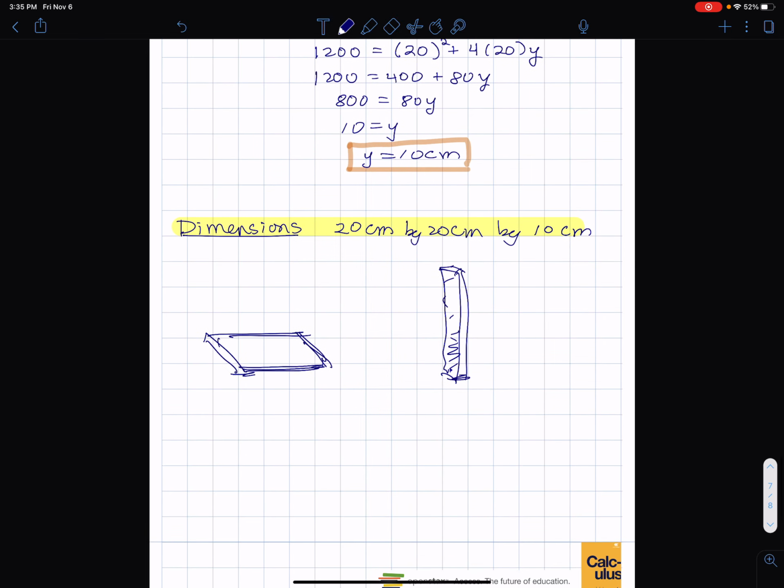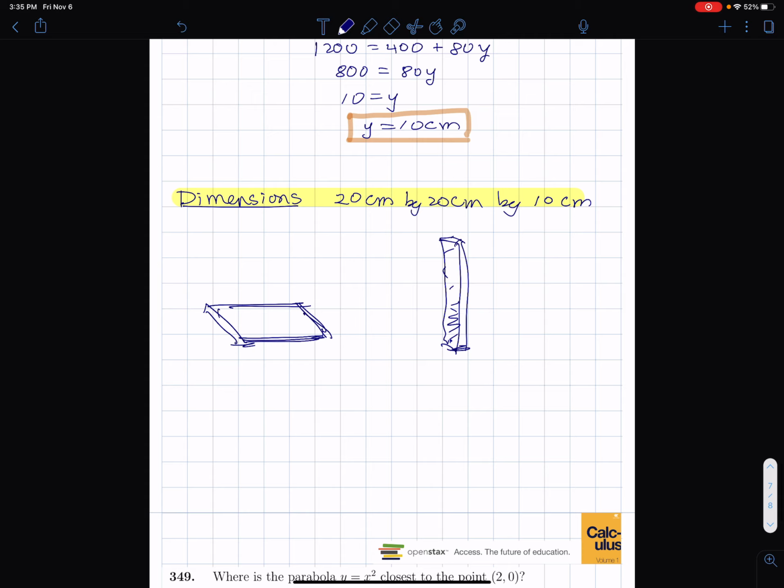But maybe intuitively people figure, no, that's not what's going to do it. It's going to be a box with a square base, where the height is 1/2, being 10 in this case,